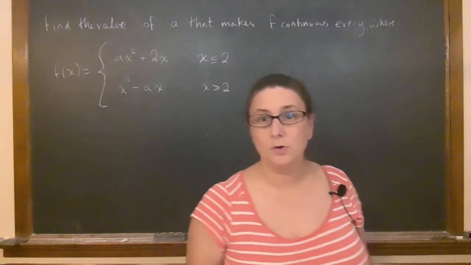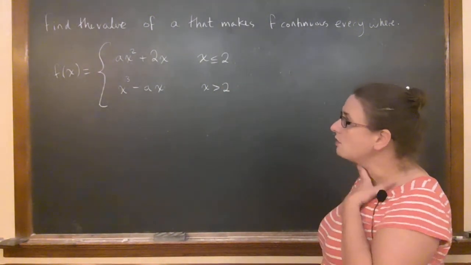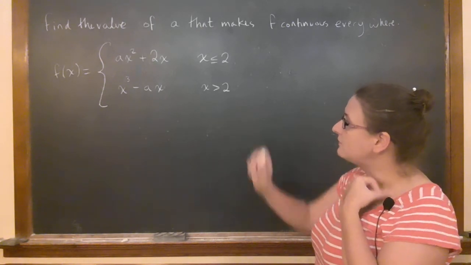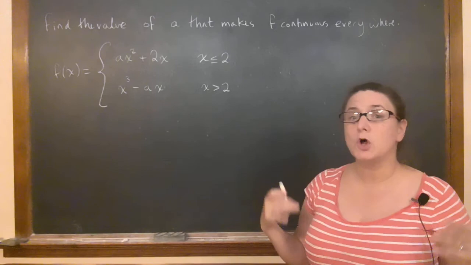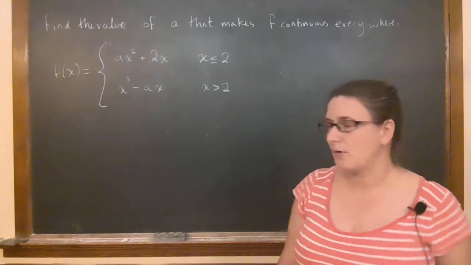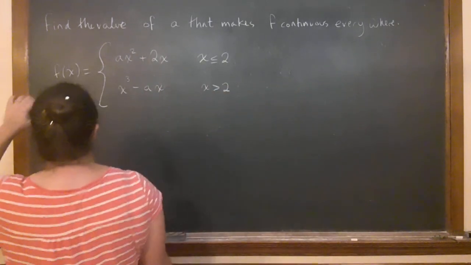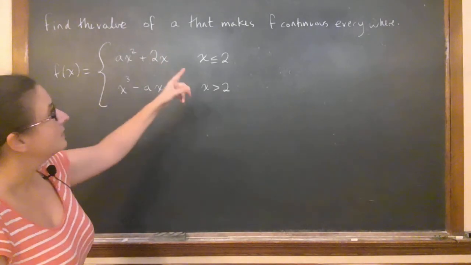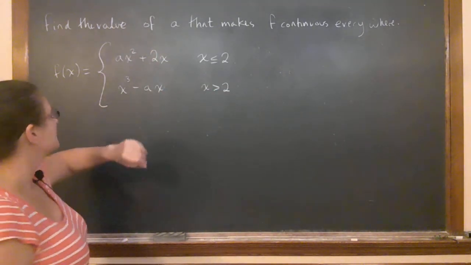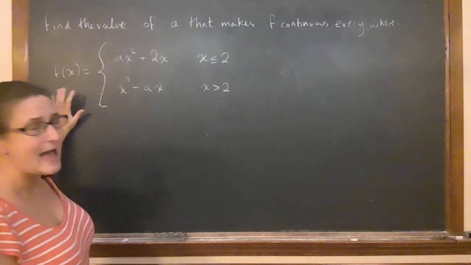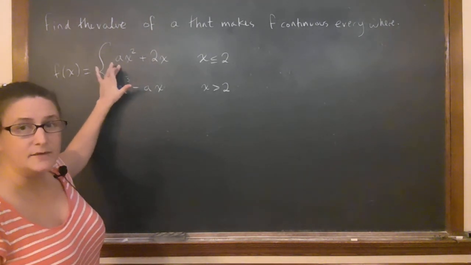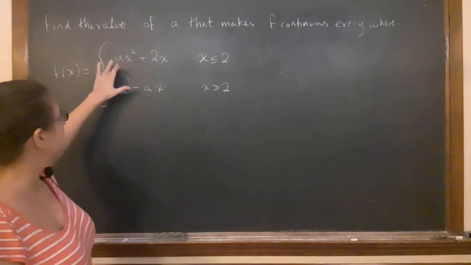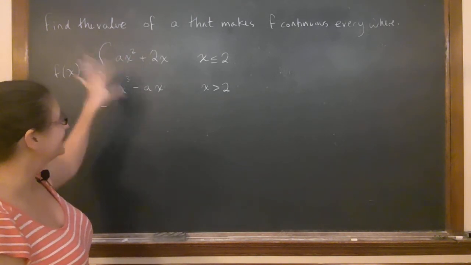So for this example, we are going to solve to make this function, a piecewise defined function, continuous. If you read the problem, it says, find the value of a that makes f continuous everywhere. This is a function of x. The a is basically a parameter. We're going to have to solve for the number to stick into a that will make this whole thing a